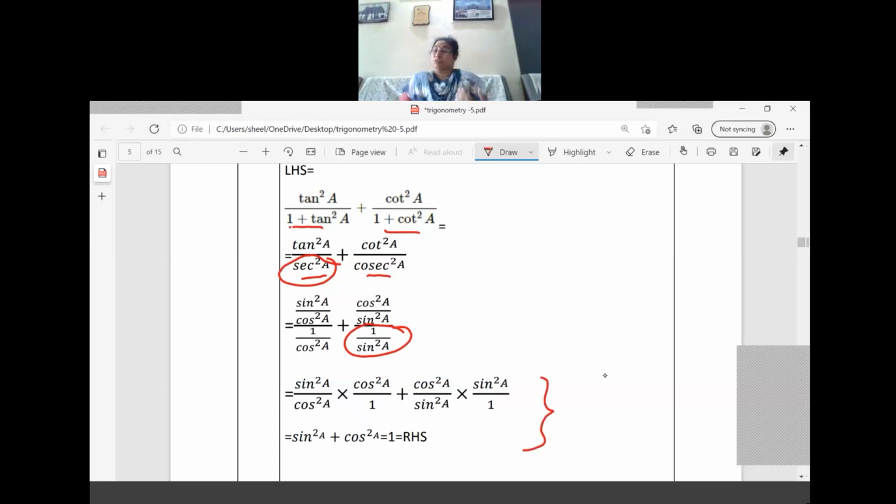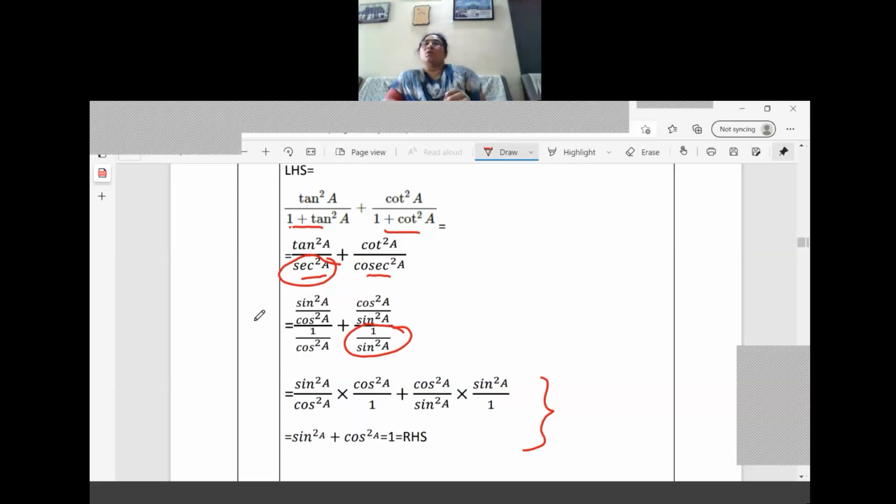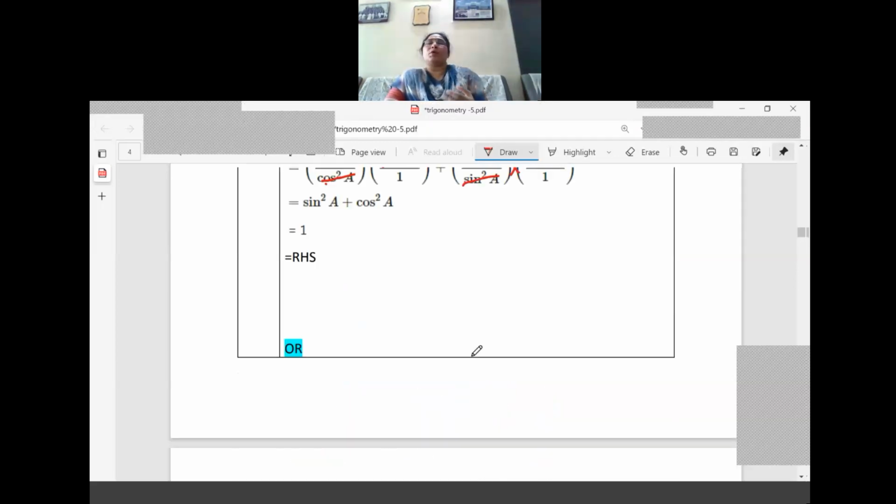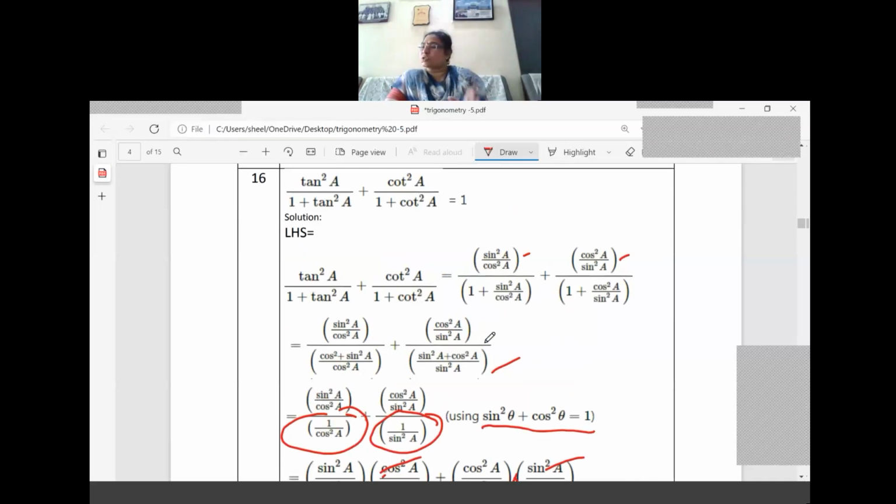You can see that both ways you can do that, so there is nothing wrong in that. You have to use whichever method. If you are able to use this method also, it is correct only, you will get the answer, right? So at that time you should get the idea how to proceed. But what happens, children will get confused and they will get stuck in between only.